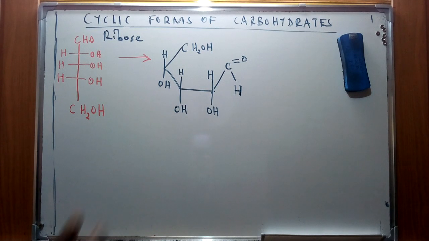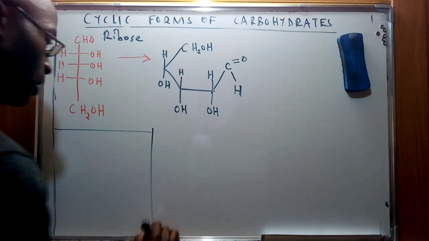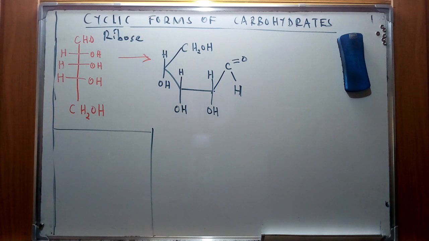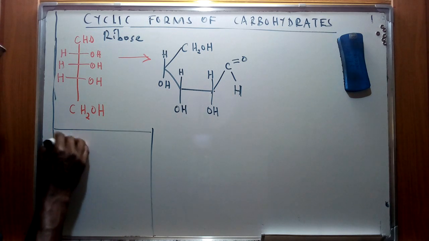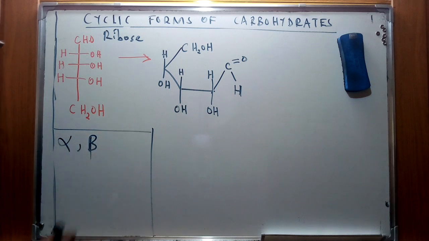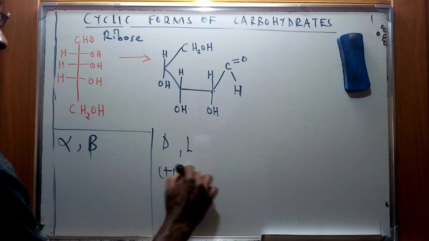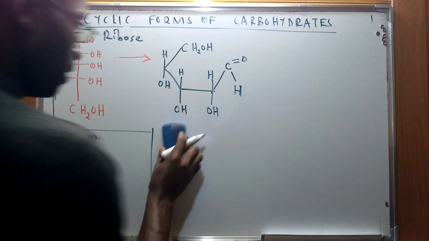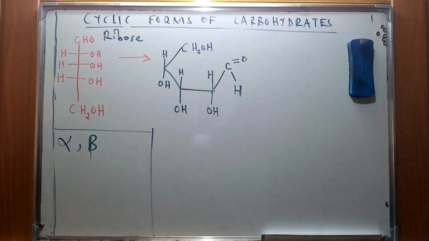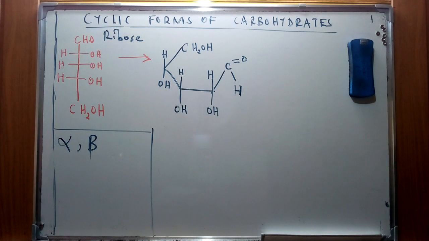Now, I've just given a second illustration, but there are specific points that I'd like us to note before we proceed to this specific mechanism. We're going to see that the cyclic forms of sugars are also going to be classified as alpha or beta, apart from the configuration that we have given them for the dextro, levo, and positive and negative. And therefore, in this consideration for alpha and beta, the products that we are going to attain from this specific rearrangement can be given a configuration for alpha and beta based on the configuration at the anomeric carbon that I've already